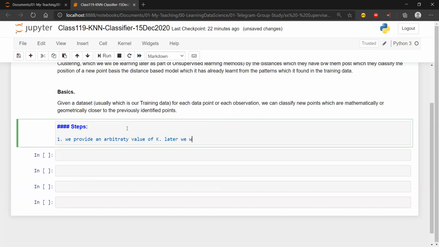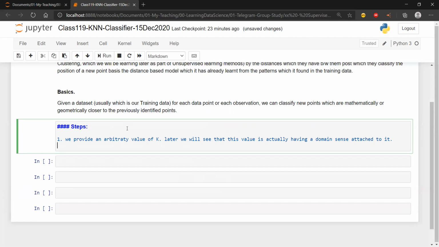Later we will see that this value actually has a domain sense attached to it. How that sense of domain comes into the picture is something we have to explain, and that is really on a case by case basis, because domain is case by case. We have to understand how the effect of one domain may force you to choose, let's say, a value of k equal to 3.